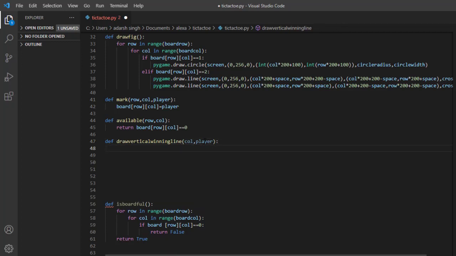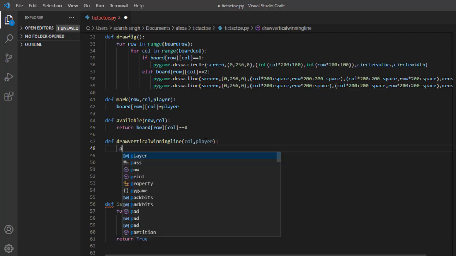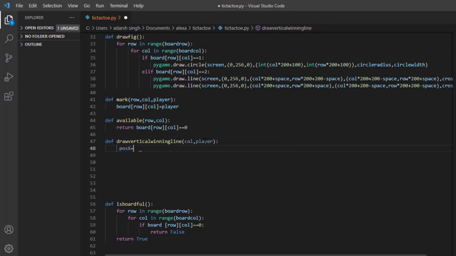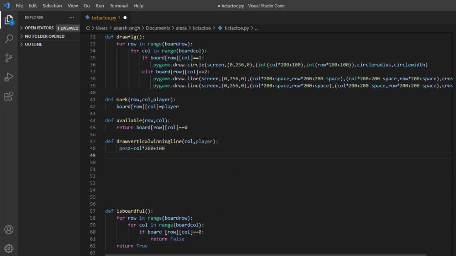After that we need to draw the line from the x position. So I'm giving it a variable posX, which is equal to col star 200 plus 100, and pygame dot draw dot line, and where we need to draw the line, on the screen,